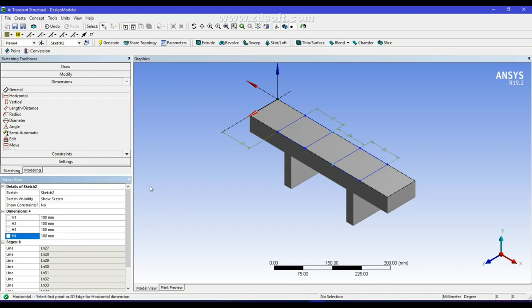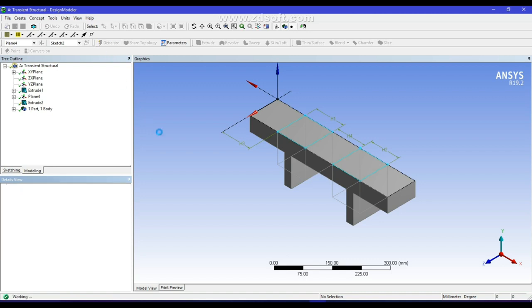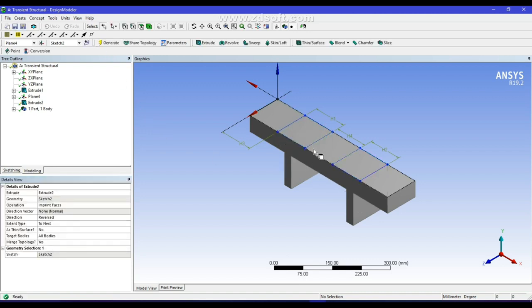Then let us extrude those faces. Let us select all the 5 faces, and then from the operation, let us select imprint faces. Then if you generate this, you will get 5 different surfaces of the upper face of the bridge. So we finished what we have to do in the design modeler. So let us close this and proceed to the next step,